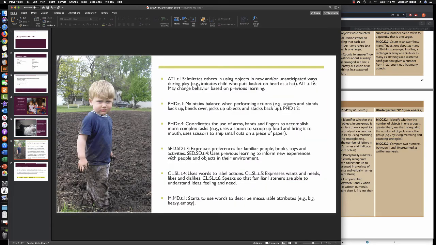Another example, this is a toddler again, and this would be just younger than 2 years old. So we're probably looking at about 20 months old here. And he is standing in a freshly tilled spring garden. That's a muddy mess. He is learning, in this situation and environment, he's going to imitate others in using